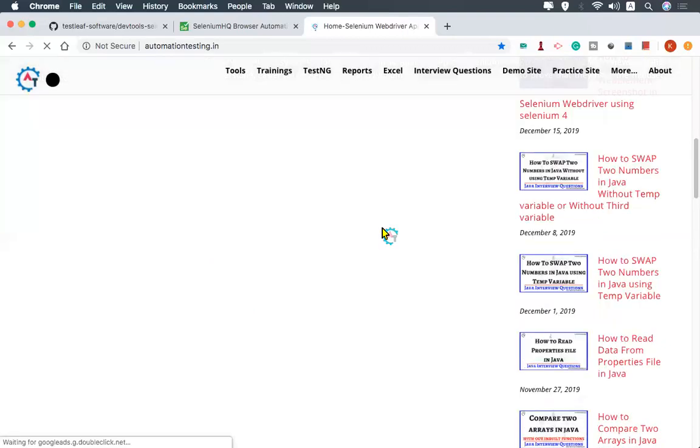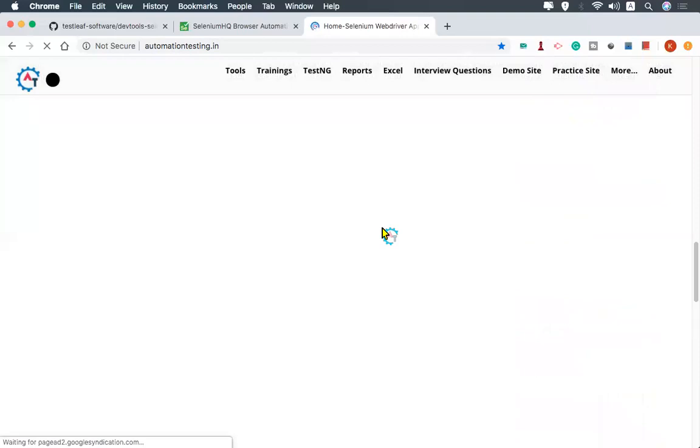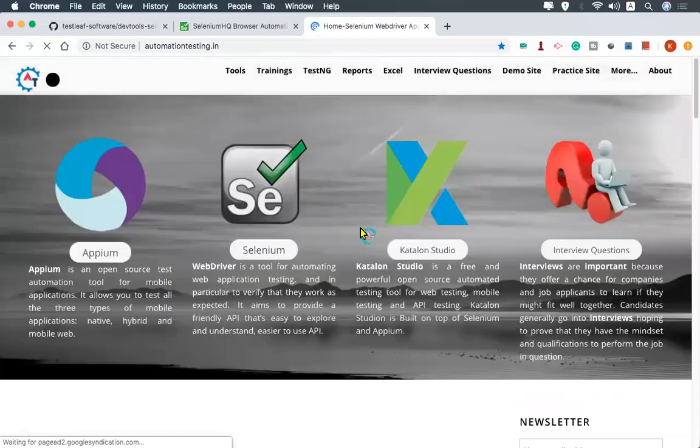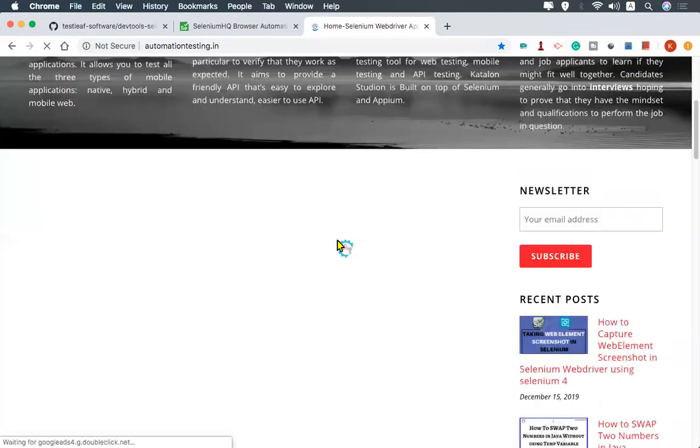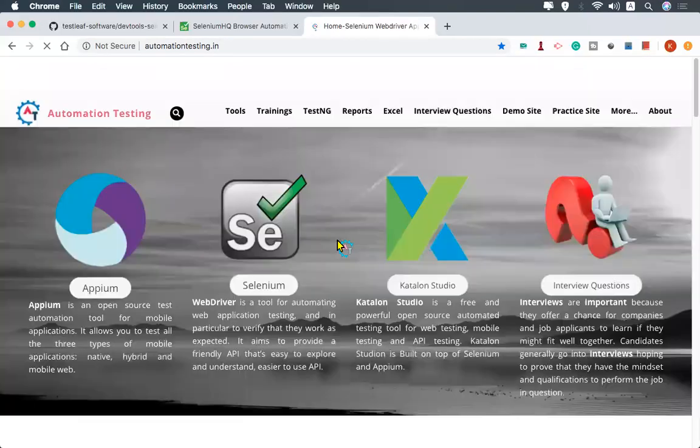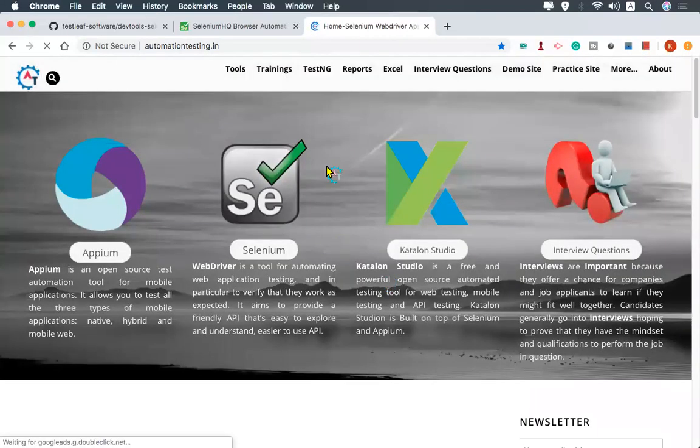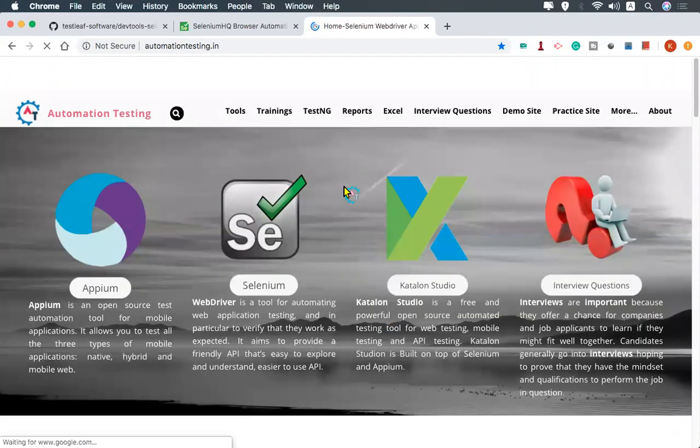You see that the entire page is white space, the page is still loading. It is taking more time to load.